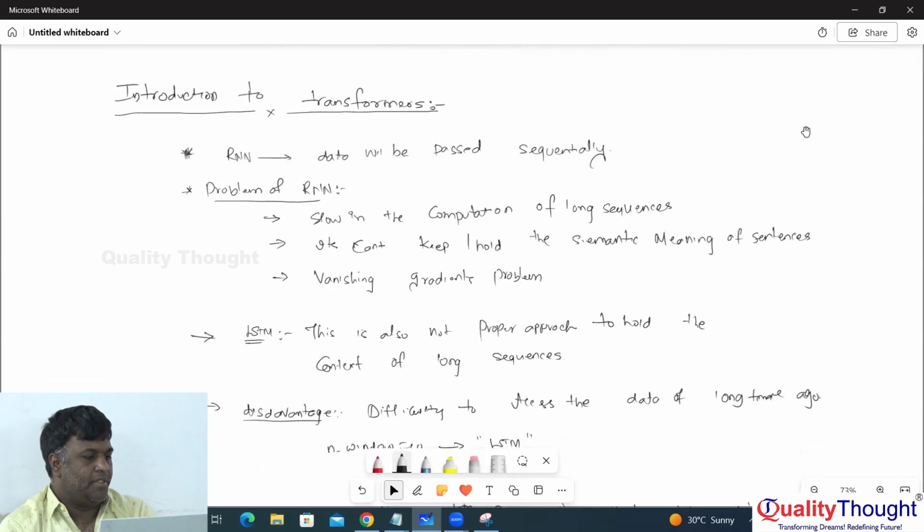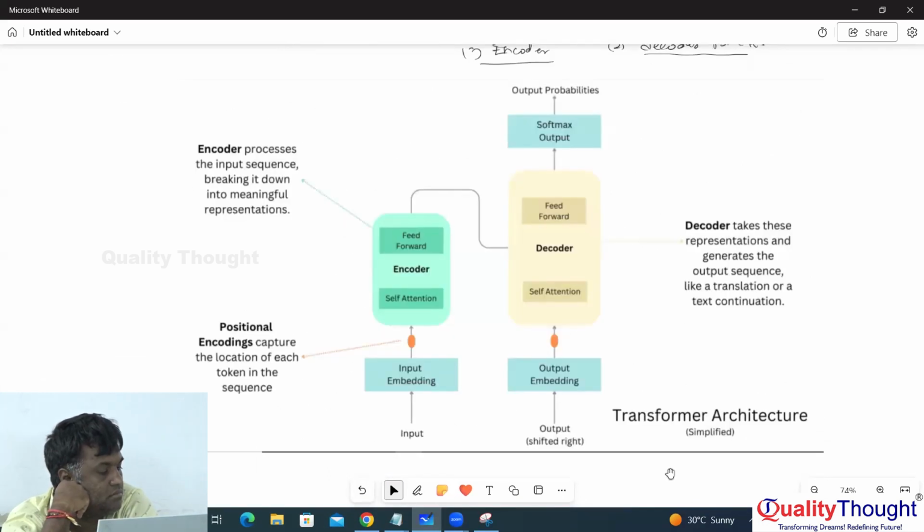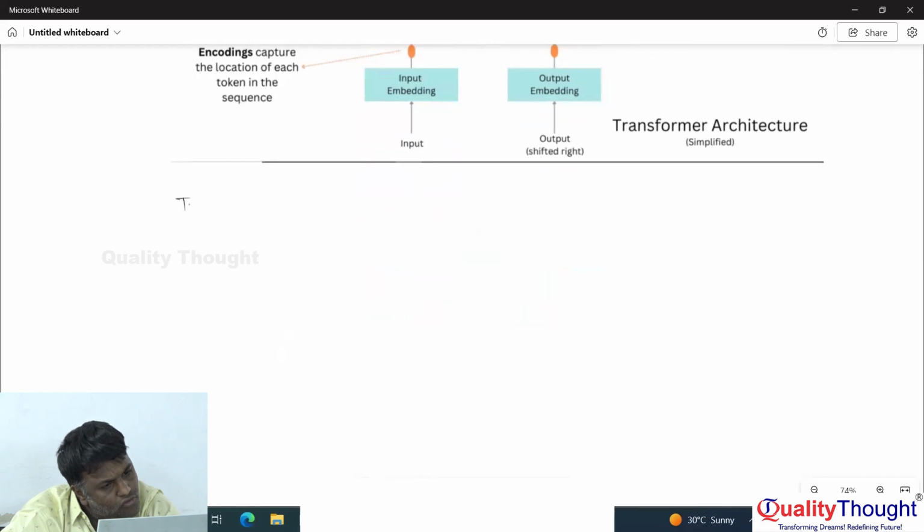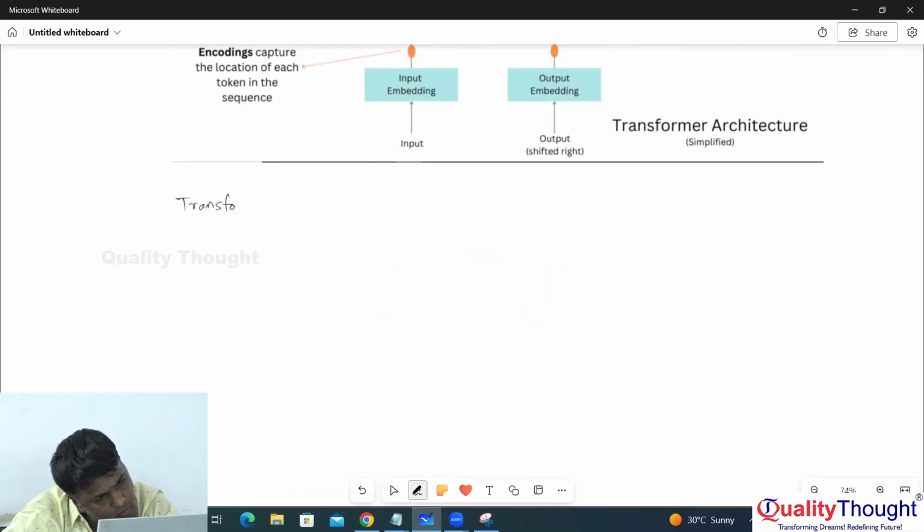Then we will go in depth. In the transformers, we have